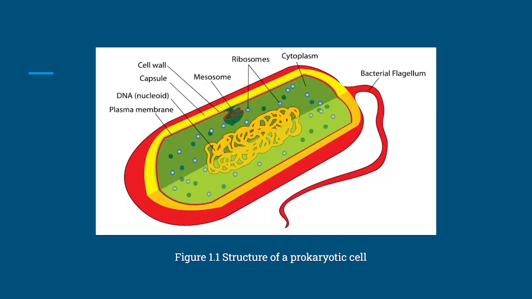So here we have figure 1.1, which is the structure of a normal prokaryotic cell. We can see that there's a cell wall, which protects the cell and gives it its shape. We have the plasma membrane, which is found all throughout the cell body, and it is what controls the movements of substances in and out of the cell. We have the cytoplasm, which fills the whole cell, and it is the site of all the metabolic reactions, which